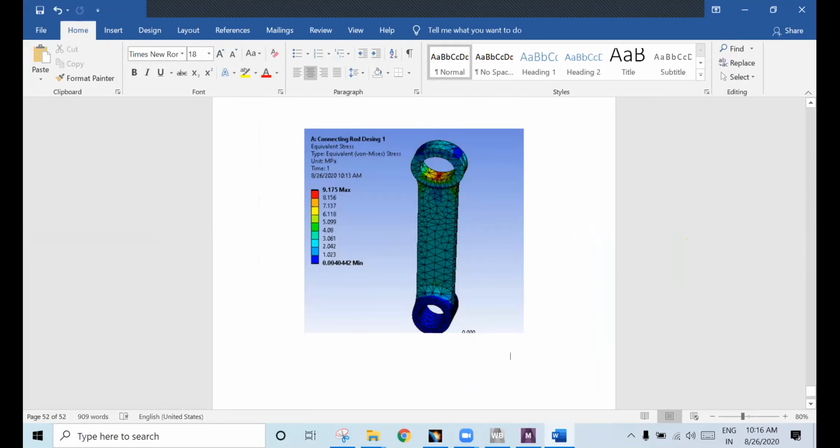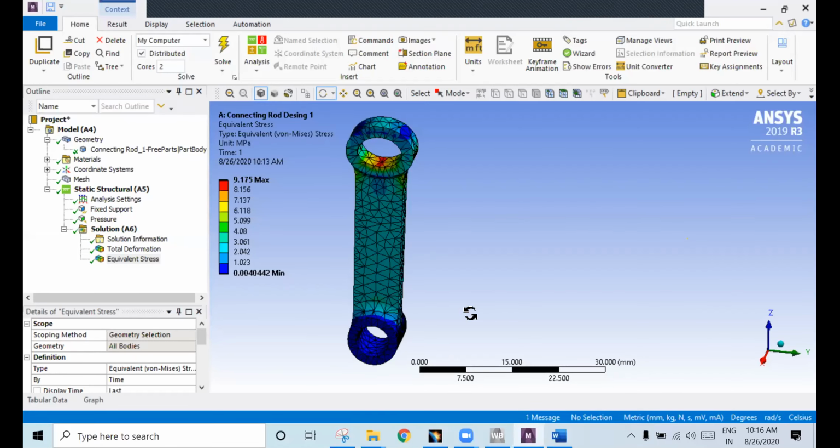See, above figure shows the maximum stress of 9.17 MPa. Okay, so like this you need to make a report. All of you got it? Any doubts? So this is how you can do static analysis.